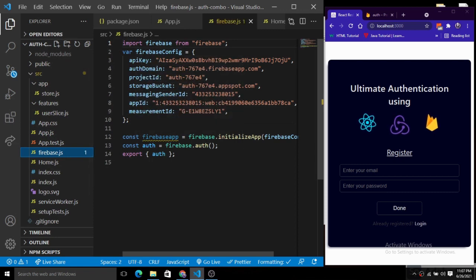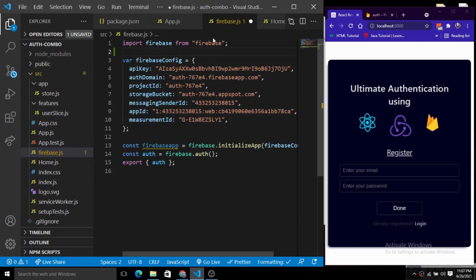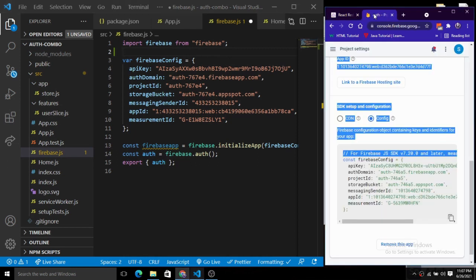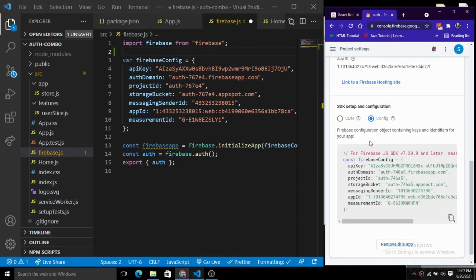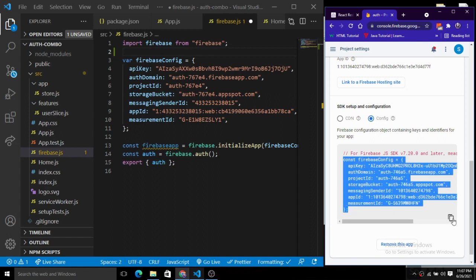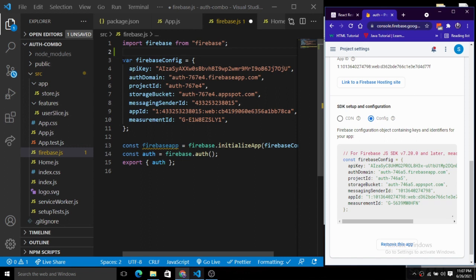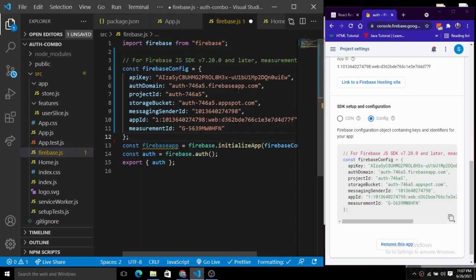Inside of it, you simply have to import firebase from the firebase dependency that you have already installed. The config that I have shown here, you just need to grab, copy, and paste down here like this.